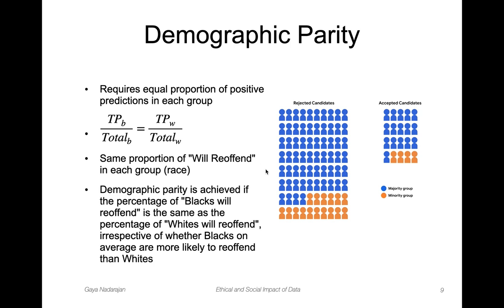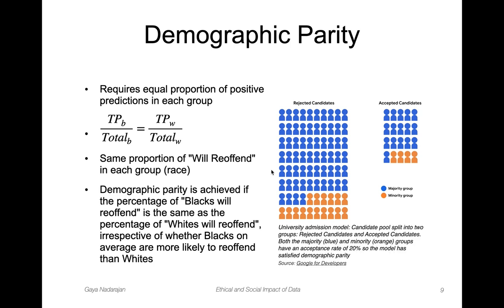If we look at another example, a university admission model which I've taken from Google, suppose you have a bunch of candidates that apply to enter a very difficult to get university. We have two different outcomes here, the accepted ones and the rejected ones. The positive class is if they are accepted, and the negative class is if they are rejected. The groups that we're interested in are, let's say, a majority group and a minority group. We don't know what the majority and minority groups are, but we just know that we see that there were